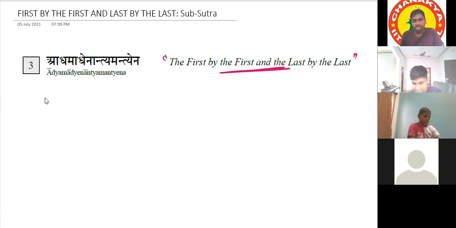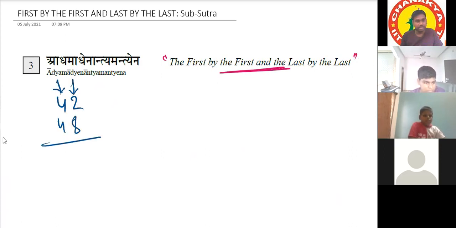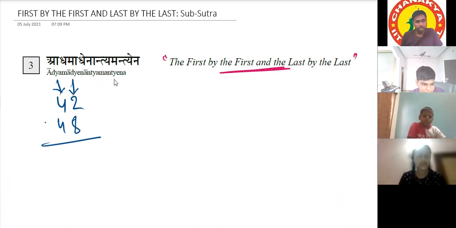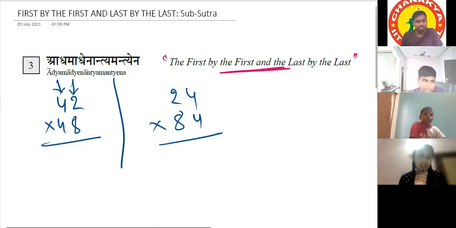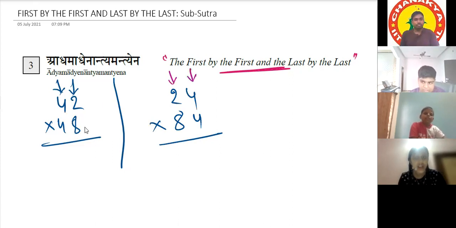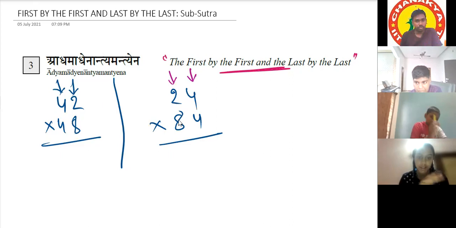Okay, sir. What is our previous sutra? Like number 42 into 48. Means here, units place adding to 10 and the tens place is same, right? Yes, sir. The reverse of this is: tens place is adding to 10 and now units place is same. This is the condition. So the units place is same and the remaining digits sum is like 10, 100 or something. So, sir, you're going to do the same thing which we did for the tens place previously to the units one.